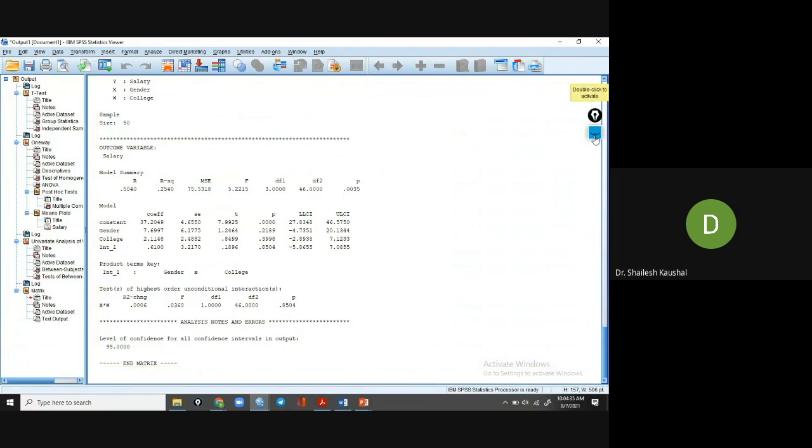So this is my table, in which I can show you the results of all three variables.